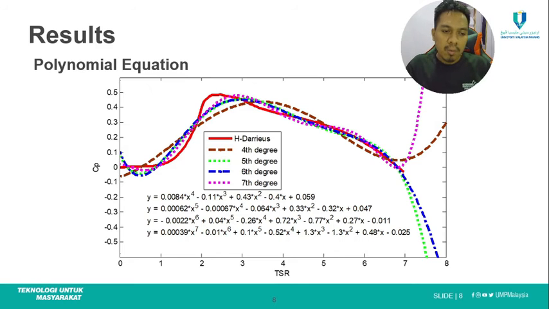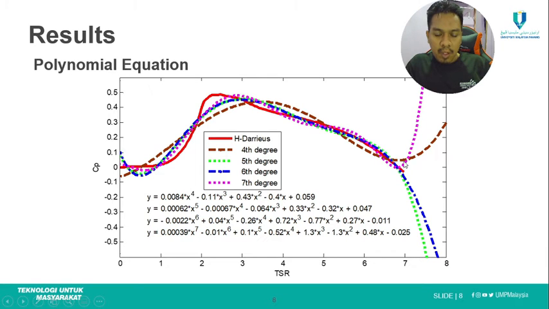Okay, for the result, this is the CP power coefficient versus tip speed ratio, TSR, of the H-Darrieus turbine. By using the numerical approximation technique, we generate the polynomial equations of the 4th, 5th, 6th, and 7th degree of the polynomial approximation equation. Okay, as can be seen on the figure,